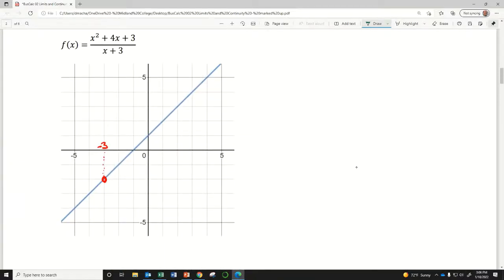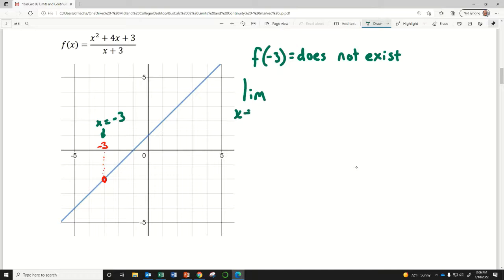So here we go, and here at this point is x equals -3. And remember, I have a point discontinuity here, so that means that if I just try to evaluate f of -3, this does not exist, because that would make my denominator 0. However, what we're trying to find is the limit as x approaches -3 from the right side of my function